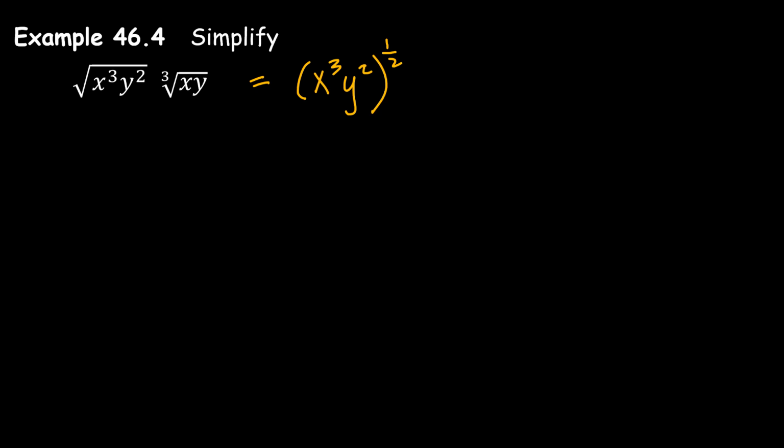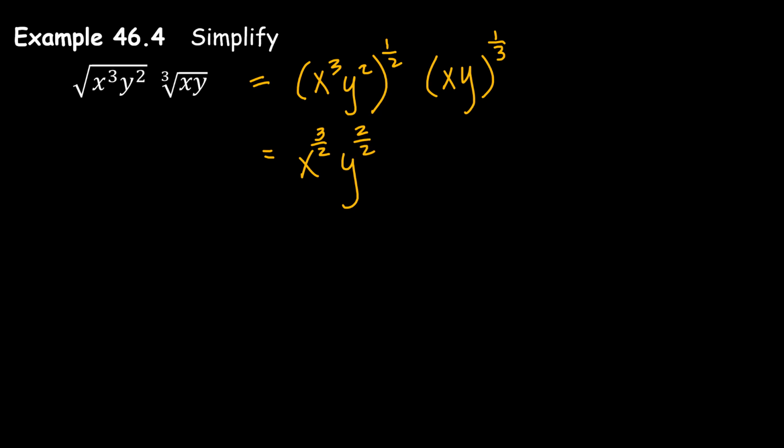Another way to write square root is to raise something to the 1/2 power. All right, now I'm going to look at that cube root of xy. Another way to write that is xy raised to the 1/3 power. So now we've gotten rid of all those radical signs, and we can start combining these using the rules for exponents. So in our first set of parentheses, we have 2 powers that are raised to another power. So I can multiply 1/2 by the exponents of those factors. So that is equal to x to the 3/2, y to the 2/2,